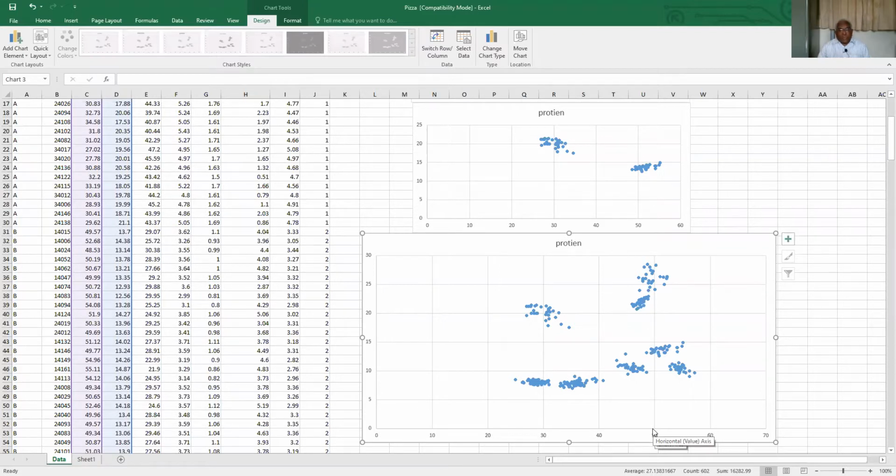This is a scatter plot showing different clusters, and these different clusters have different combinations of moisture and protein in pizzas. There are 10 pizza brands.